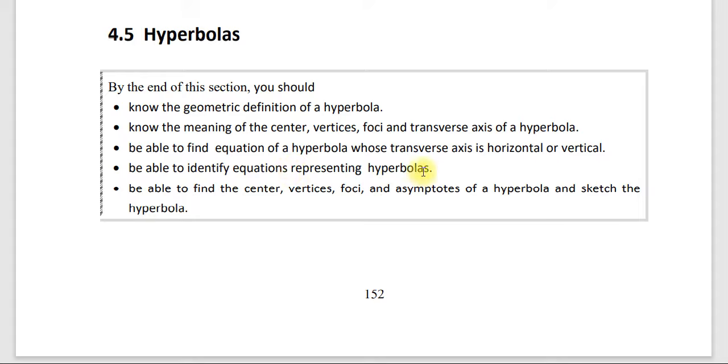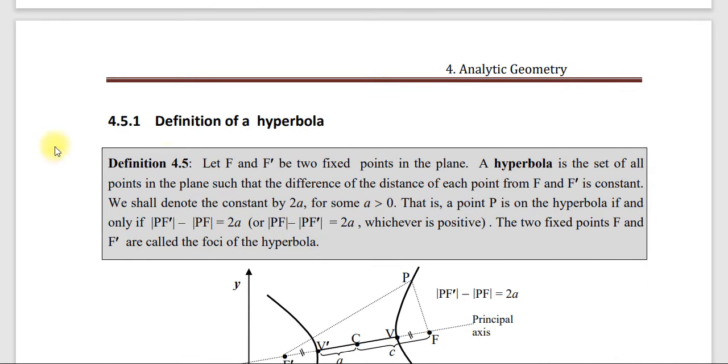አሁን የሆነ ኢኩዌሽን ይሰጥና whether that equation represent hyperbola or not የሚለውን አይደንቲፋይ ማድረግ ይጠበቅብናል ማለት ነው at the end of this section. And finally, be able to find the center, vertex, foci and asymptotes of a hyperbola and sketch the hyperbola. አይታችኋል? እዚህ ላይ አዲስ ተርም asymptote የሚል ነገር ተጨምሯል። ስለዚህ ሃይፐርቦላ አሲምፕቶት እንዳለ ቀድመን አውቀናል። ስለዚህ ወደፊት ለማወቅ ጥረት እናደርጋለን ማለት ነው። በዋናነት ይህን ሴክሽን ከጨረስን በኋላ እነዚህን ነገሮች አውቀን መገኘት መቻል አለብን ማለት ነው።